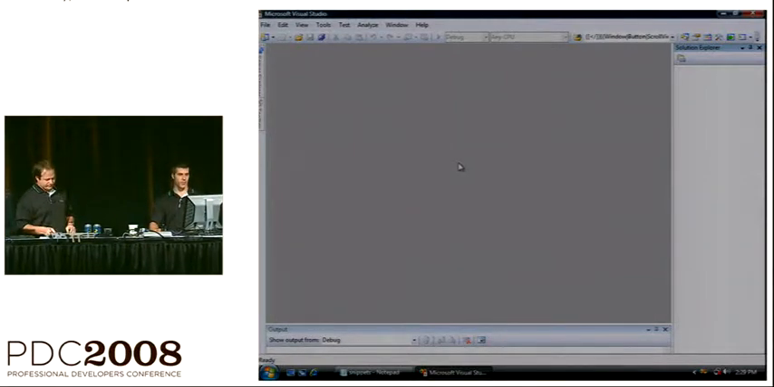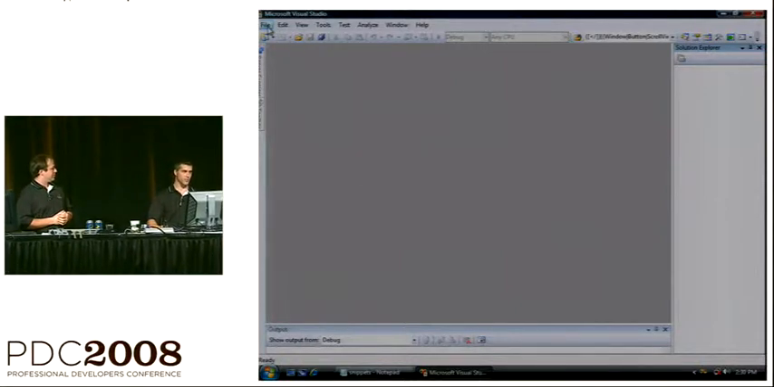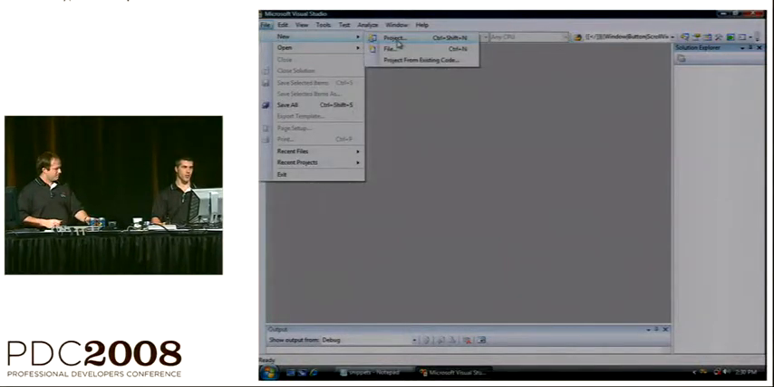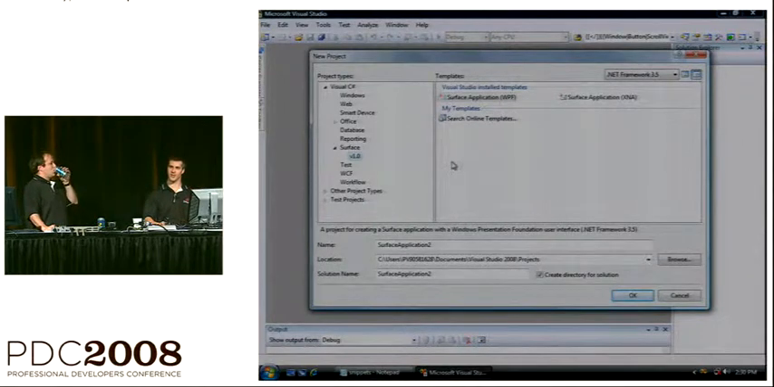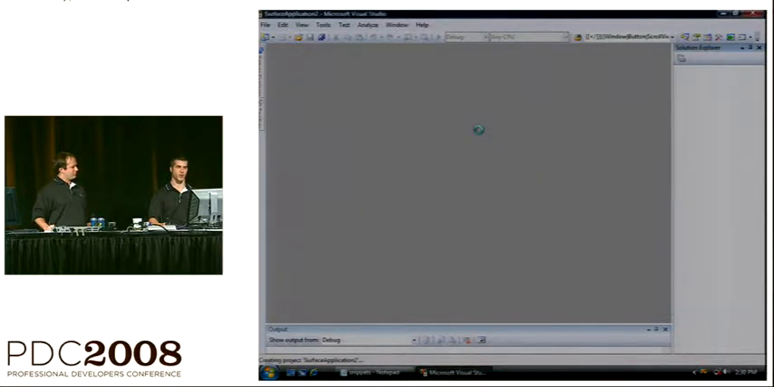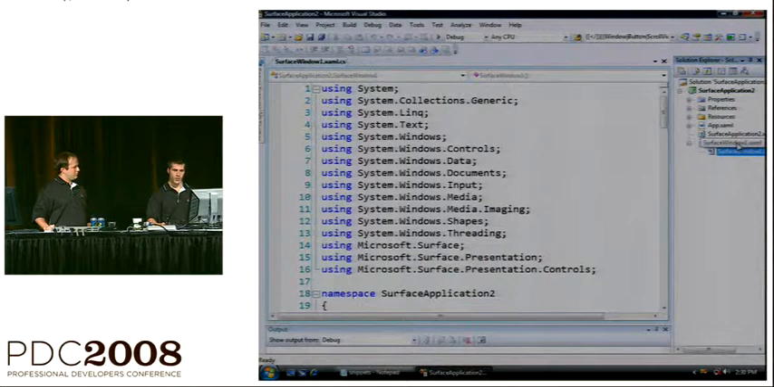OK. I think we can do that fairly easily. So I'm going to start from scratch again. So here I'm going to create a new project. I'm going a little slower this time because I was in a hurry when I was going through the ScatterView one. We actually ship a template, and it's right here under Visual C# Surface version 1. And so creating a new Surface application from scratch is as easy as starting an application from this template. So going over to the XAML for this,